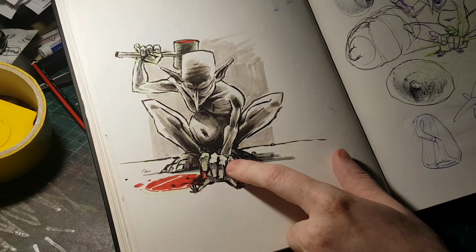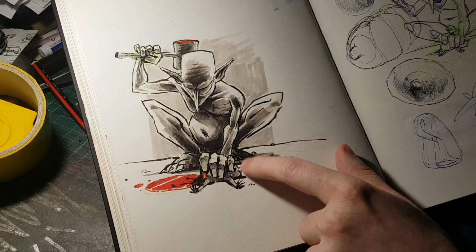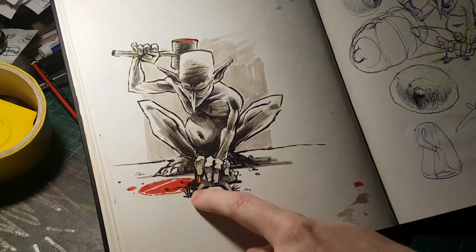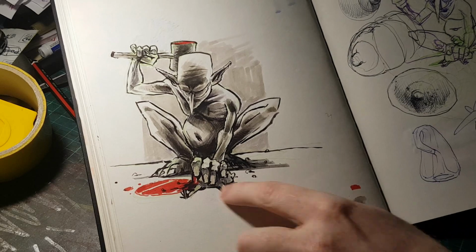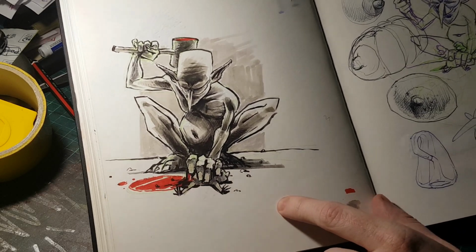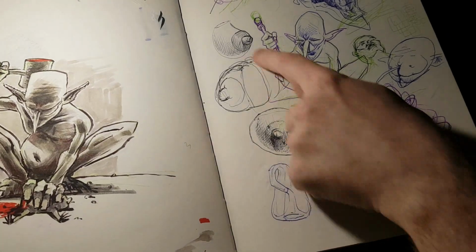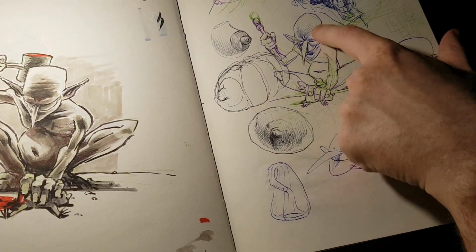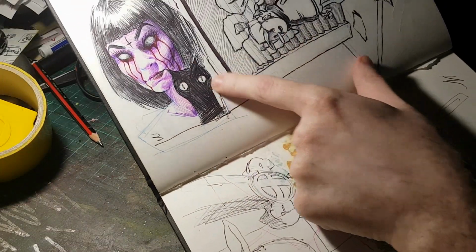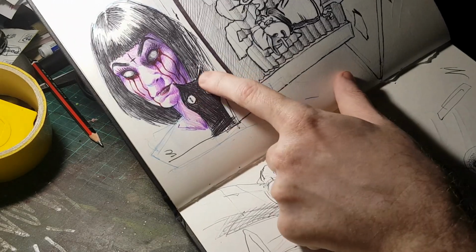If I remember right, this was drawn because this was going to be my friend's hamster, and then the goblin had smushed its head with a mallet, leaving a big round blood splodge. Those are its little eyeballs there. That's quite a good drawing. Funny little piece. Tits and nipples. I guess these were sketches for that. You get it. Drawing of a friend and their cat. Well, that might actually be their phone case rather than their...